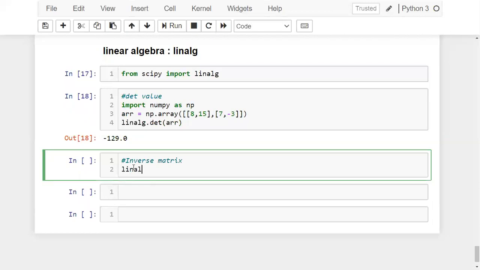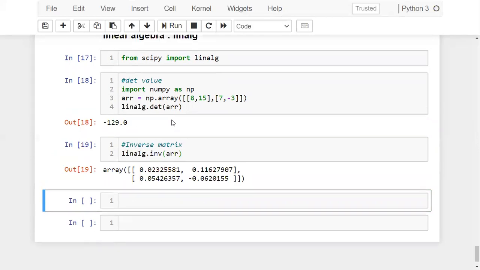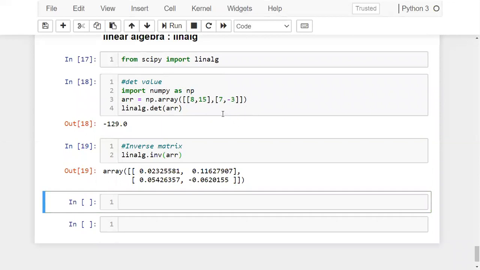Then in your linear algebra sub package you'll have a function inv for inverting the matrix. Yes, I'm writing inverse of arr. So this is my inverse matrix for the array 8, 15, 7, minus 3. Okay, so this is how you can find the inverse matrix also.